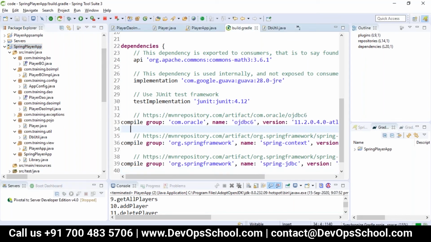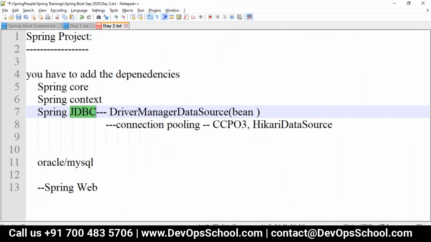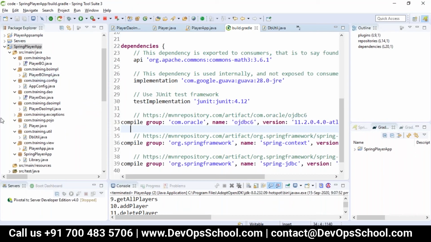That is a predefined class called DriverManagerDataSource. But how will this bean be configured? If it is your own bean, you will enable it with a component, and component scan will take care of it. But here it is not our own class. So we have to write our code to take care of the DriverManagerDataSource or HikariDataSource, whichever you want to use, as it is a predefined class, not user defined. That is where we do the configuration.